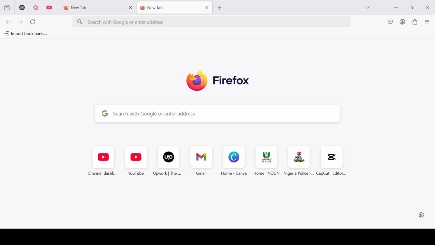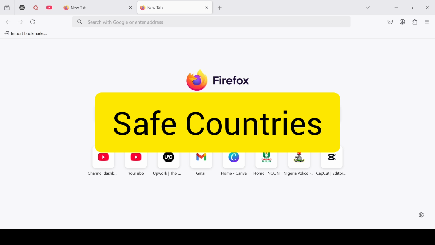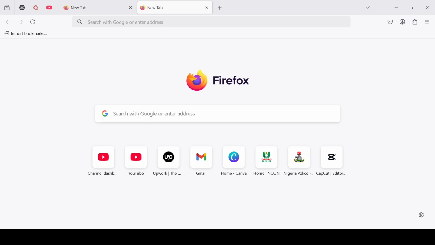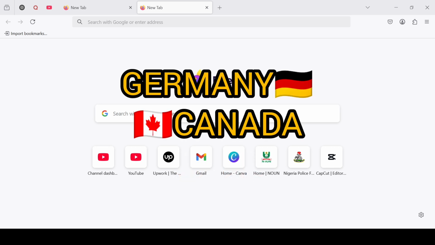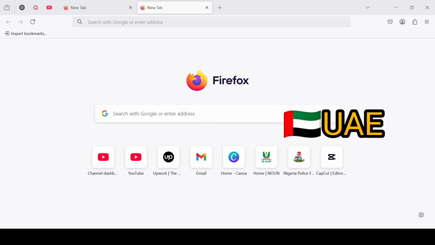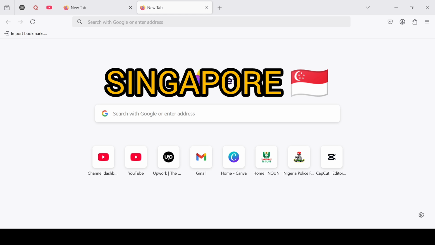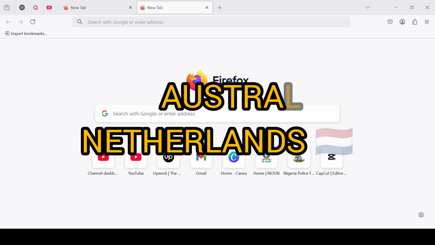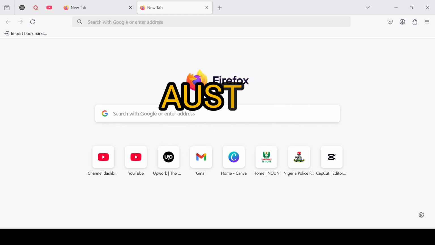The acceptable countries are the US, United Kingdom, Canada, Germany, UAE, Singapore, Netherlands, and Australia. So if you are in any of these countries, your account is free from being restricted or flagged.